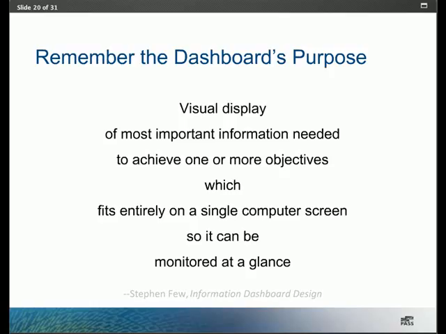It needs to be succinct. It needs to be something that we can see on a single screen because it's a dashboard. That means we can look away, and we've retained the key bits of information that we need to make a decision, to go get something done. That is the dashboard's purpose. So after you've gathered up all of your information and decided what needs to be in the dashboard, you need to come back and revisit this purpose and say, have I conformed to this purpose?